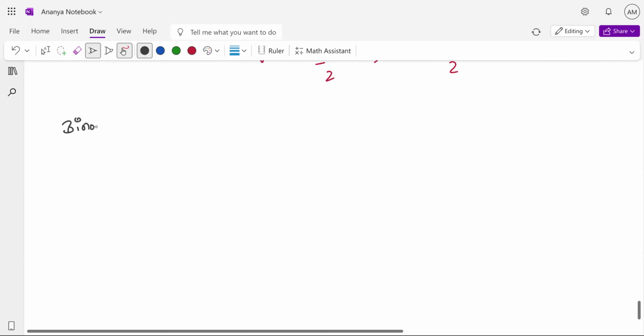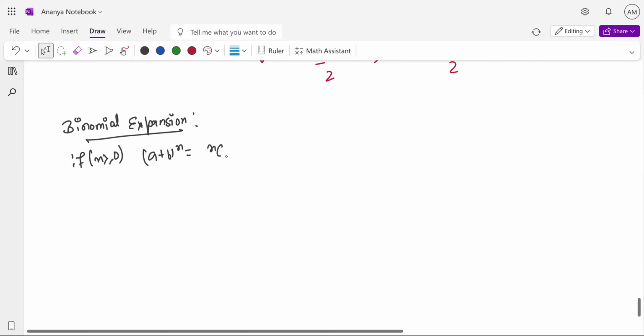So look, what is the formula for binomial expansion? What we had to do, we had to calculate (a + b) to the power n, right? And now if my n was positive, if n is greater than or equal to 0, it is nothing but nC0 a to the power n, b to the power 0, up to nCn a to the power 0, b to the power n. Yeah, this is what we are going to do.